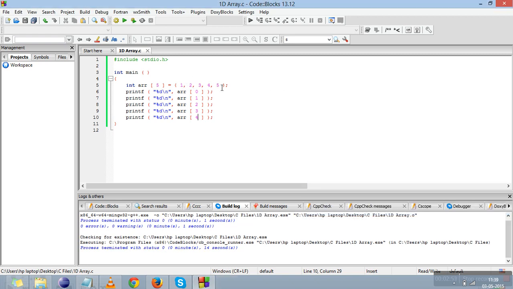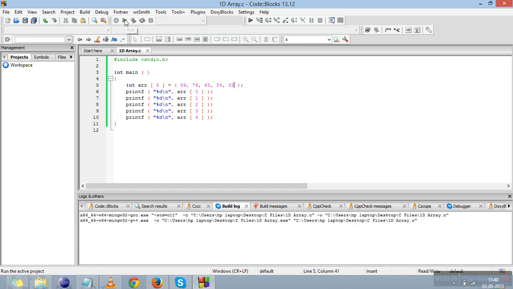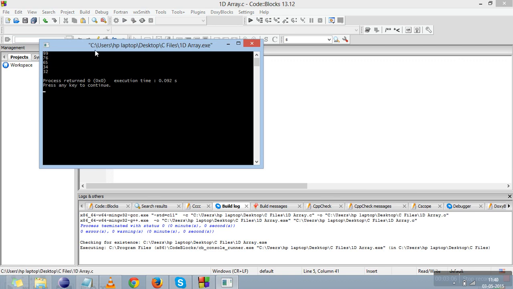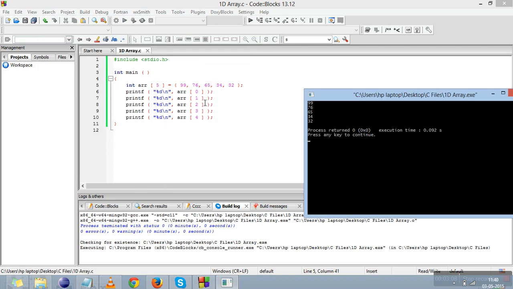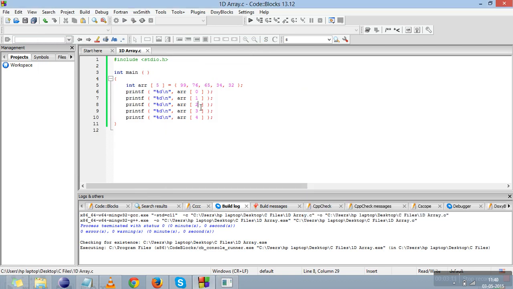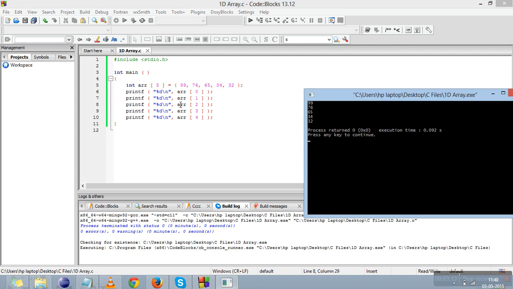We can store any values in this, like 99, 76, 65, 34, 32. These are the 5 integers. See, so arr 0 is 99, arr 1 is 76, arr 2 is 65, arr 3 is 34 and arr 4 is 32, the last value.